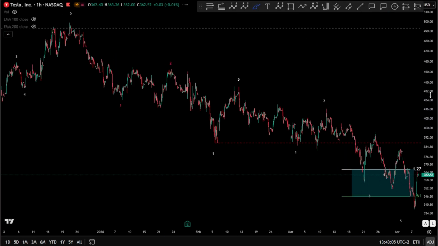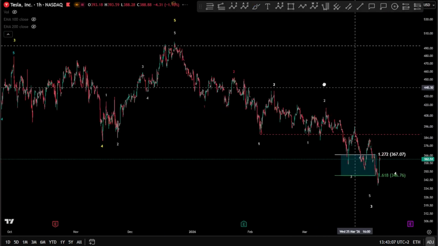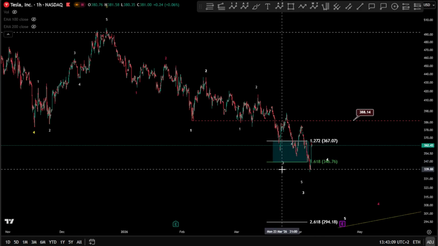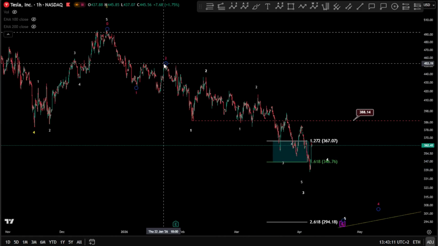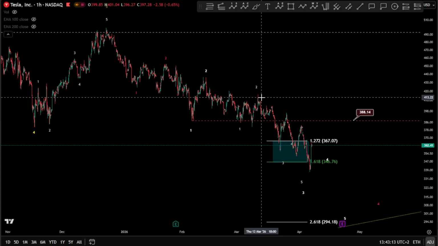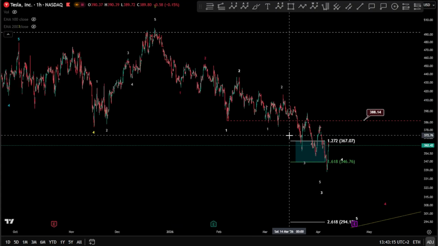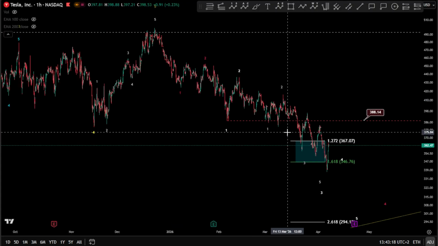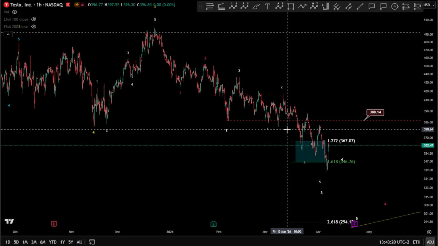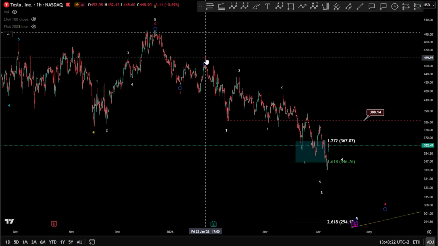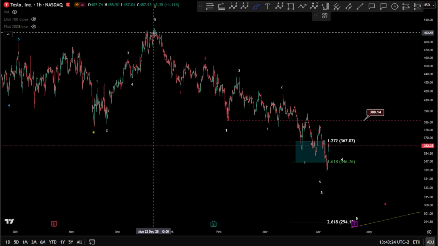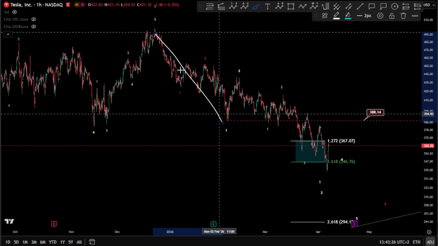And it is very likely that it is unfolding on the lower time frame here, where we are looking for this drop down for Tesla in several 1, 2 so far. So we have kind of like a 1, 2 from the top here, another 1, 2, and another 1, 2. However, things are changing a little bit here as a structure and turning into a kind of like a diagonal here.